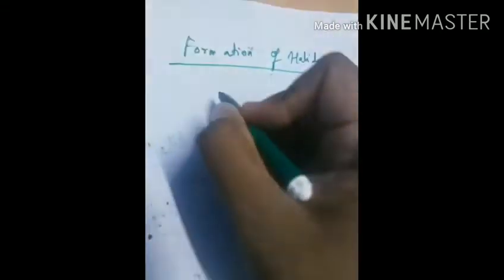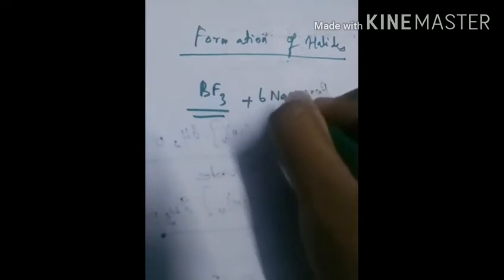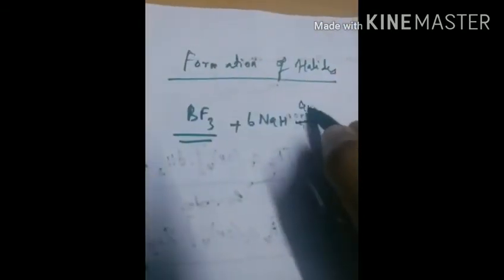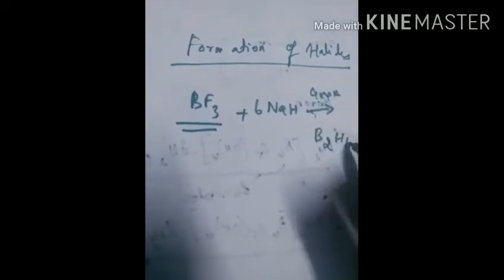In formation of halide, we will form halide. Halide means some fluorine. The combination of boron with the reverse process of reduction I have taught you before. So I am taking this reaction, this boron trifluoride. I am putting it with sodium hydroxide, and now when I heat this combination at 450 Kelvin, what I get is boron hydrate plus fluorine is removed.